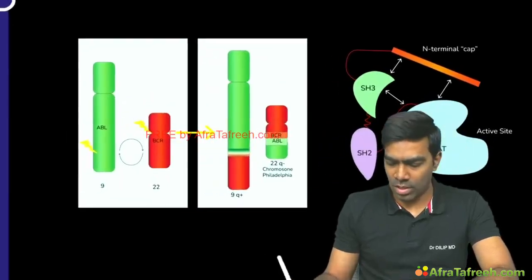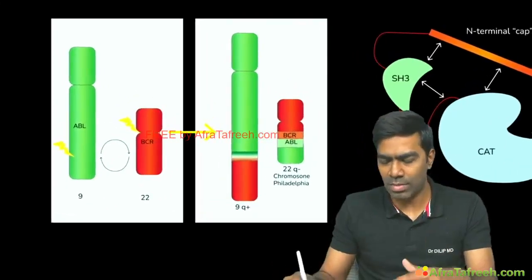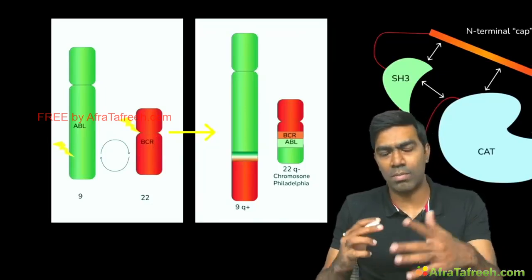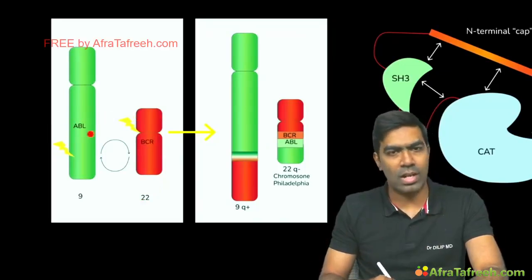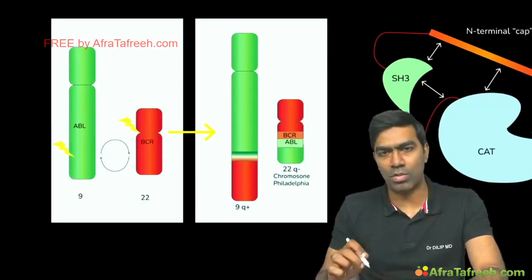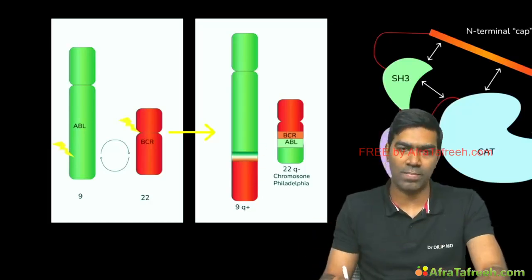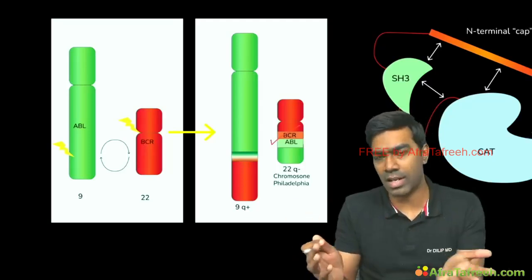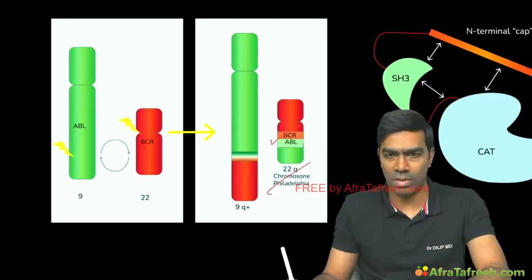So look at what the Philadelphia chromosome is and what the reason for CML is in the first place. You're going to have a region called the BCR region, that is the breakpoint cluster region on chromosome 22. And that's going to fuse with another gene called the ABL gene on chromosome 9 because of the translocation, that is t(9;22), that's going to occur. And this fusion of BCR and ABL together is going to result in a new fusion kinase called BCR-ABL kinase. And that's going to have a dysregulated tyrosine kinase activity,